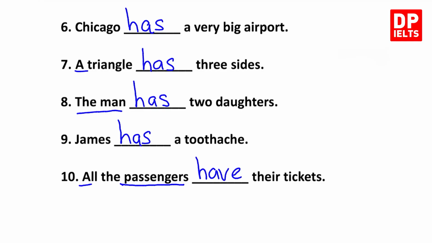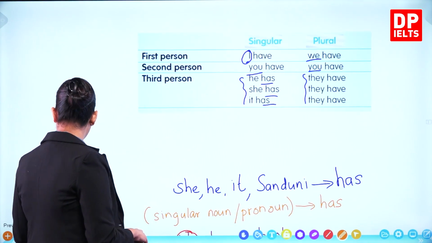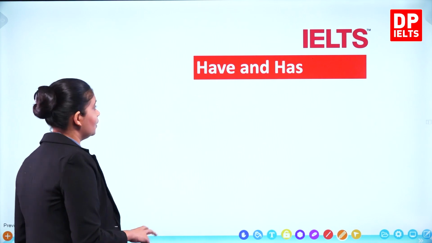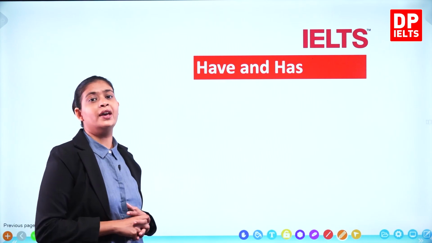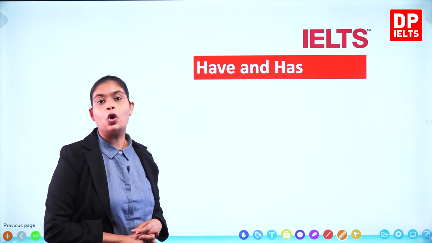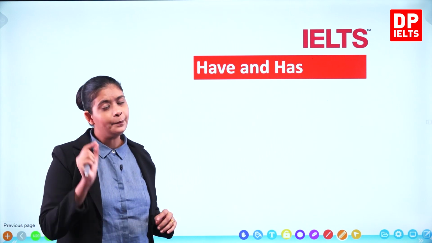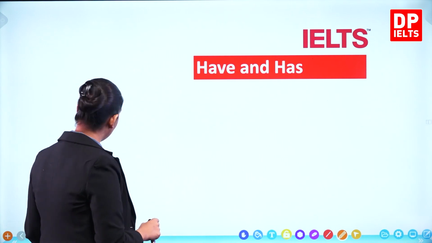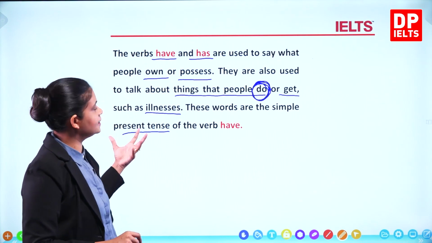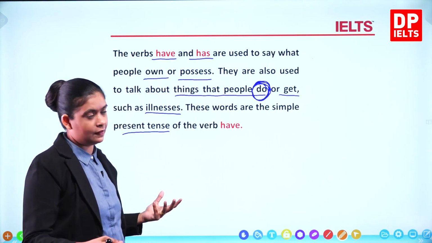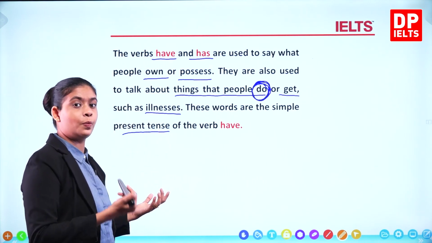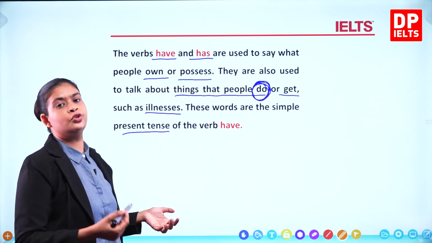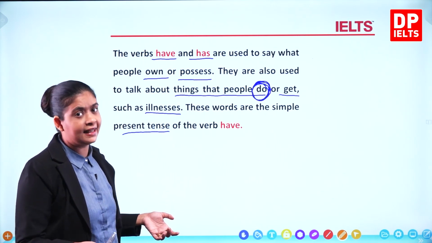Now I hope you have understood about has and have. So let us quickly review as I always do it with you guys. Has and have. Today we looked at has and have, the auxiliary verbs. Otherwise we call them be verbs. So we had a look at what is has and have. They are auxiliary verbs, they are be verbs. When do we use it? When people own something or possess something, or when they want to do something, or when they get something like